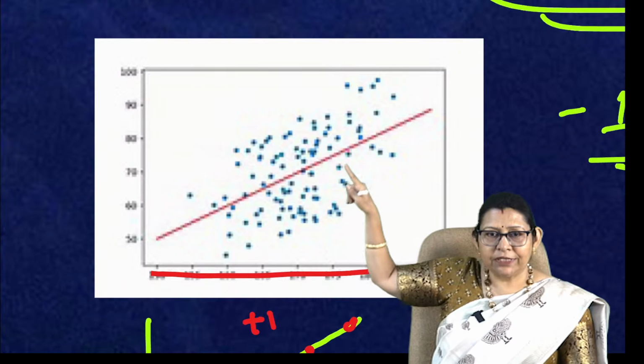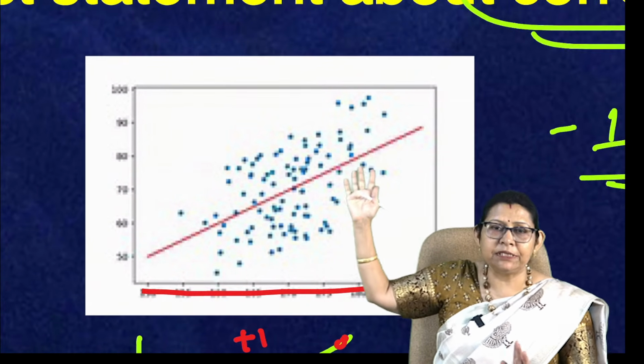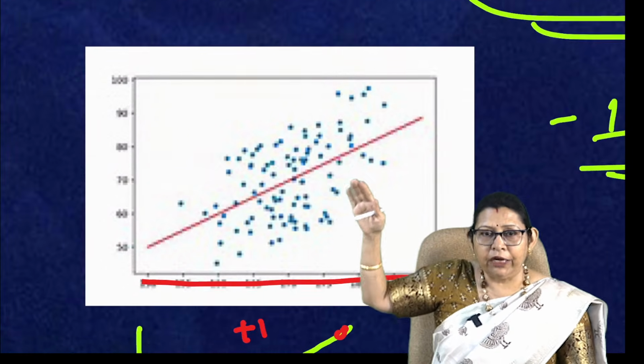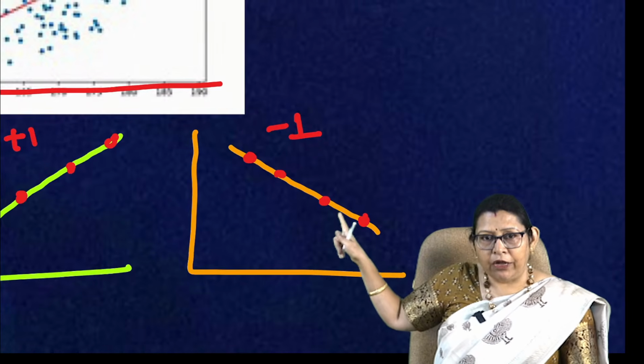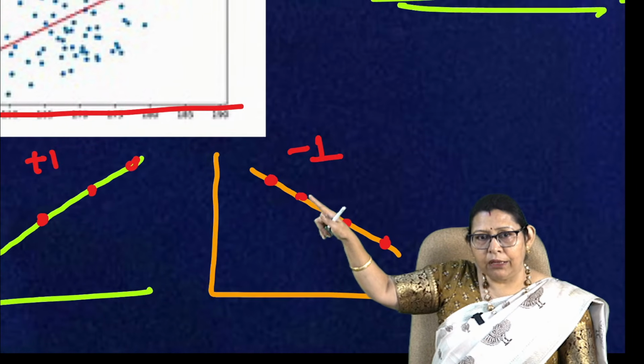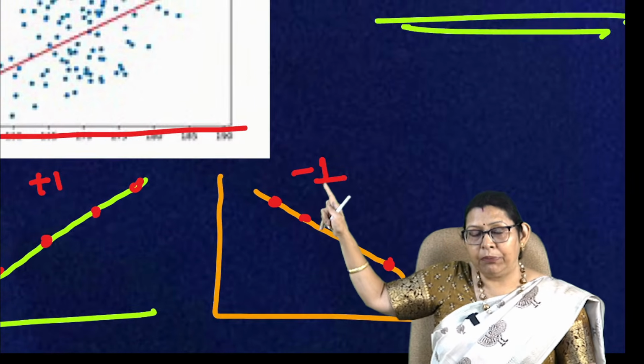If it is going towards an upper side, meaning you increase the air pollution, then the cases will increase. It means that is having a positive association. And if it is going in the opposite side, it means it is having a negative association. Now, if all the dots are on an imaginary line, this is an exact highest association, maybe -1 or